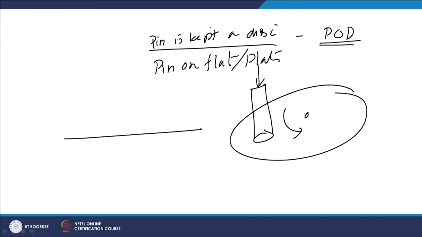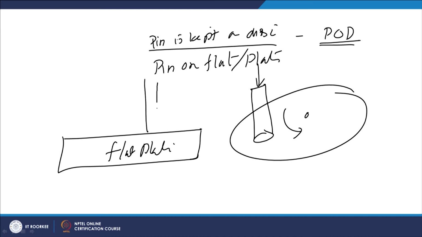In case of the pin on plate, the material of the counter surface is in the form of a flat plate, the pin is held over the counter surface and the required normal load is applied, and then it is reciprocated. So, there can be unidirectional movement through the rotation of the counter surface, or there can be reciprocating relative movement between the pin and the plate through the reciprocation of the plate.